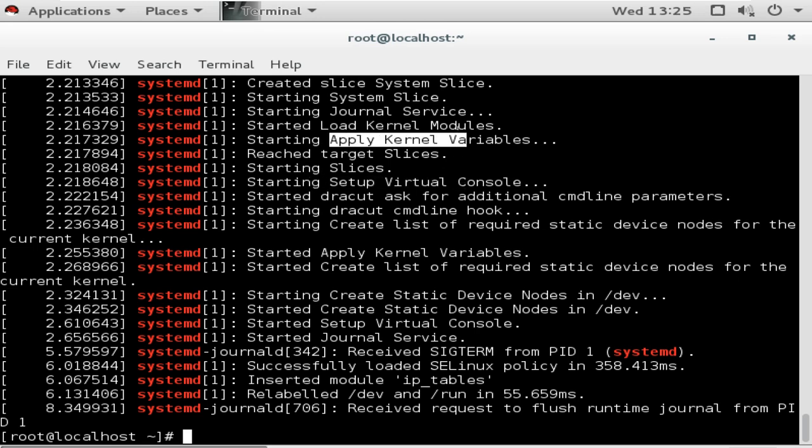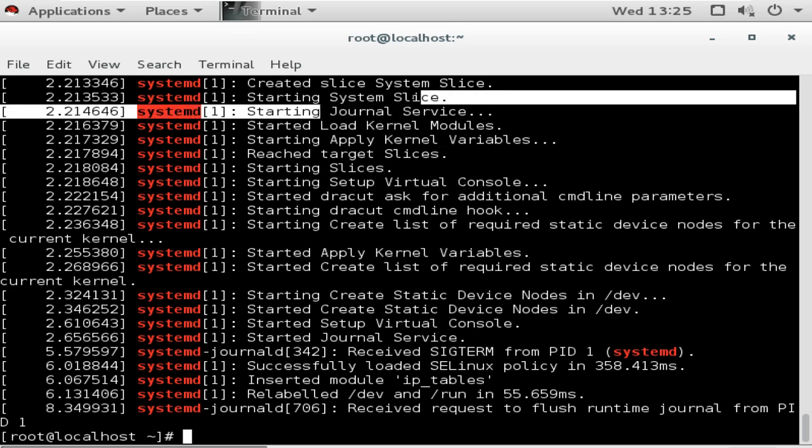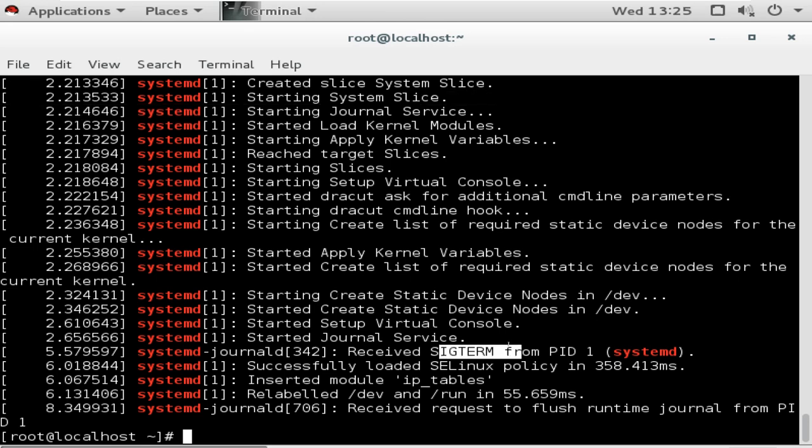It is setting up the journal service, system slice, creating static devices, receiving the signal for terminating process ID 1, then successfully loading the SELinux policies and iptables, and then relabeling devices. Then it received the request to flush the runtime journal, and it is stopping it. So this is what systemd does, and these are the logs of the boot time.